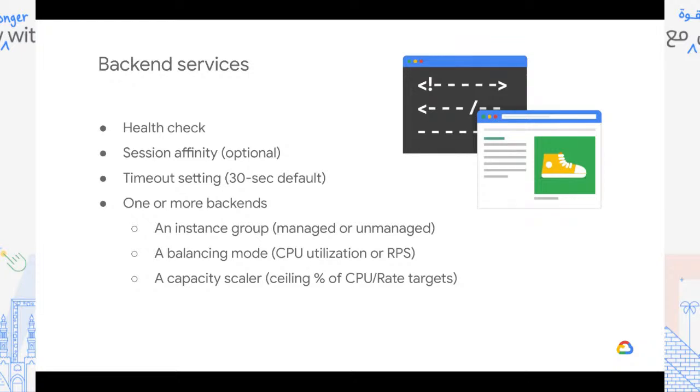Then there is session affinity, or what we call sticky sessions. This is another important feature that you can leverage. It's optional. There are other ways, other Google services, maybe for another session, to discuss how to use session affinity and how to go around session affinity, because session affinity has got advantages, it's got disadvantages. But for the purpose of this session, we will talk about session affinity basically to